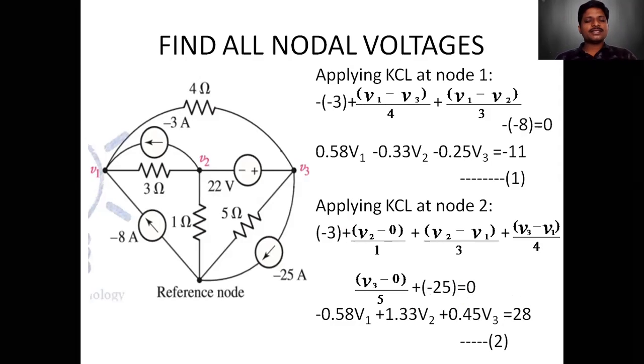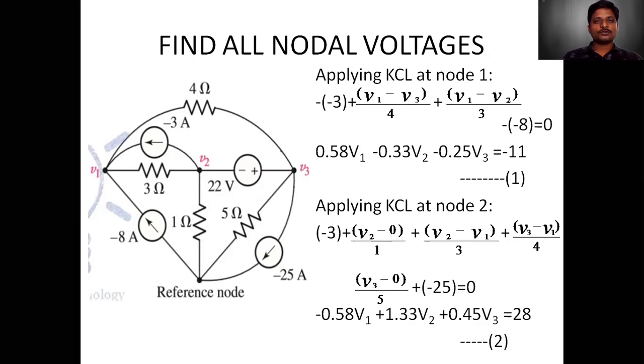But the number of equations we got is only 2, because one KCL is applied at node V1 in the normal way, but we have merged V2 and V3 and considered it as a single node. We call it a super node, and we have written one super node equation there. Therefore, we don't have any other nodes present in the diagram to write the KCL equation. The number of unknowns is 3, but the number of equations is only 2.